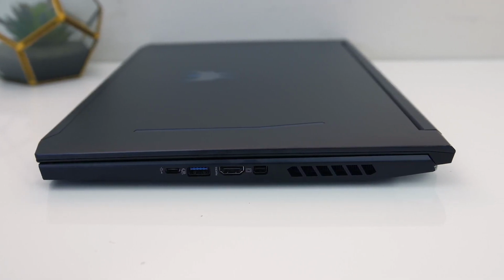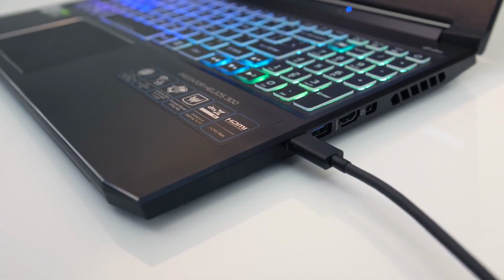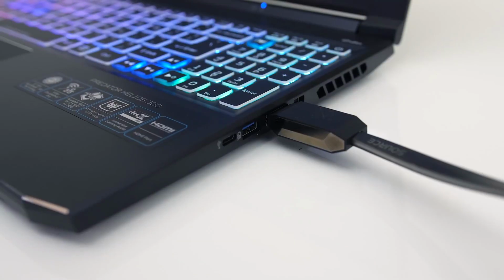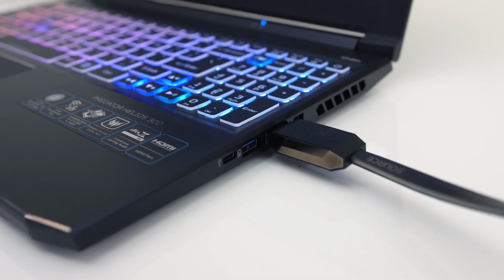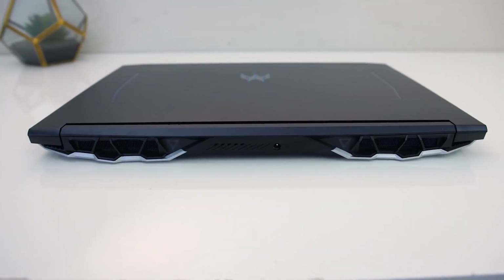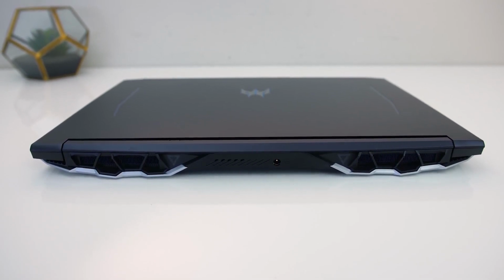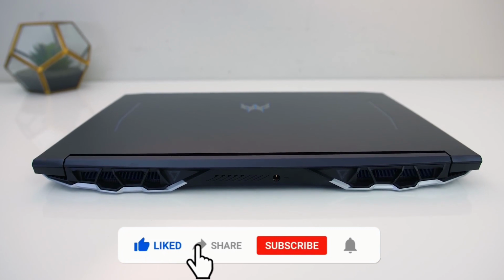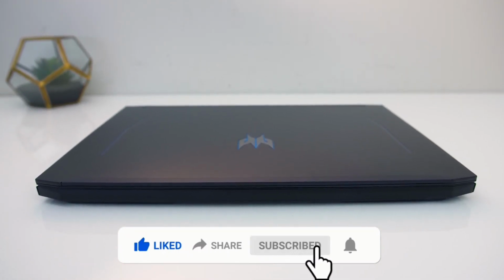And the great thing about the Helios 300 using both forms of storage is that you get the benefits of having more storage overall, while also having the benefits of an SSD's much faster loading times. Obviously, both the laptop and PS5 have expandable storage, so none of this really matters if you're just going to buy extra. But I have to say that the Helios 300 definitely takes the cake when it comes to the SSD. There's also the question of RAM, but we don't have to get too much into that because the PS5